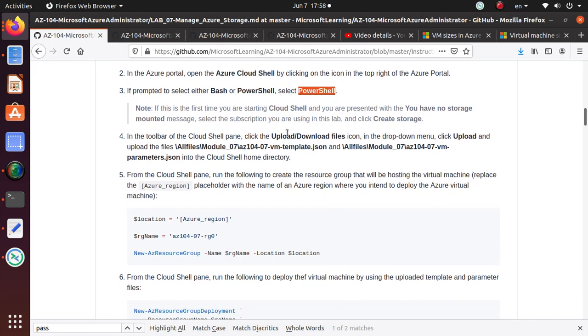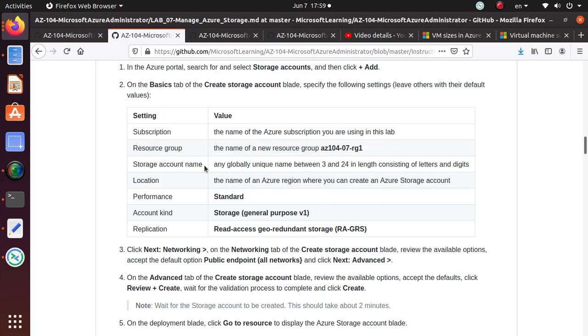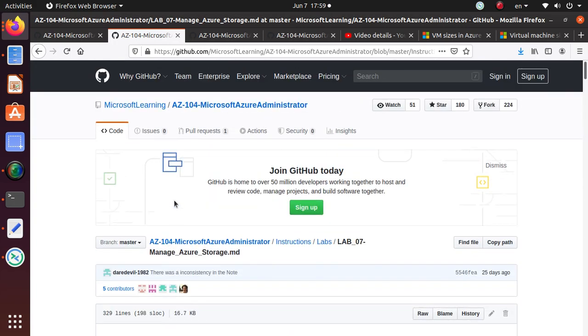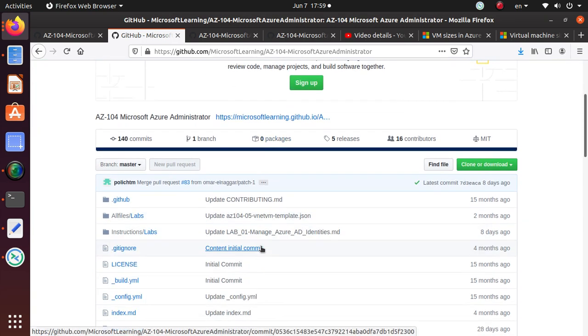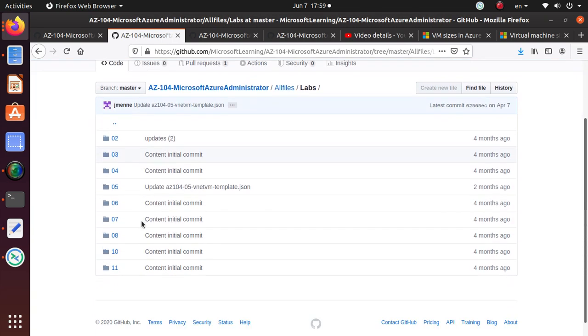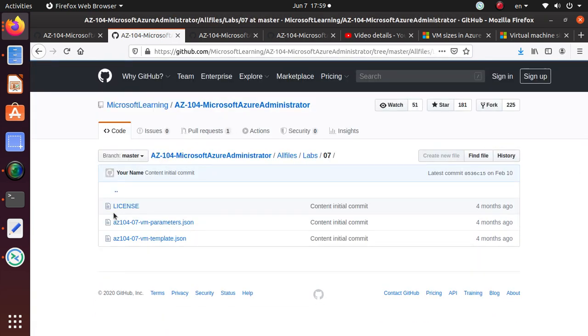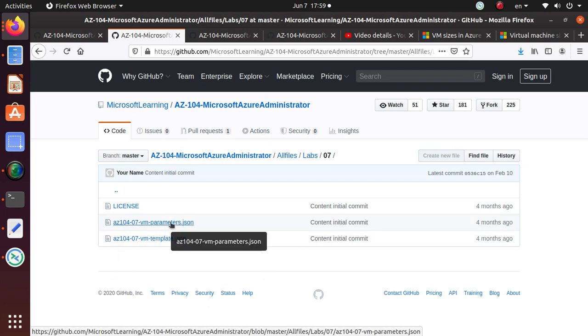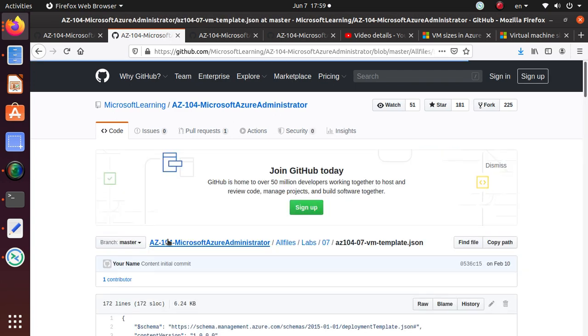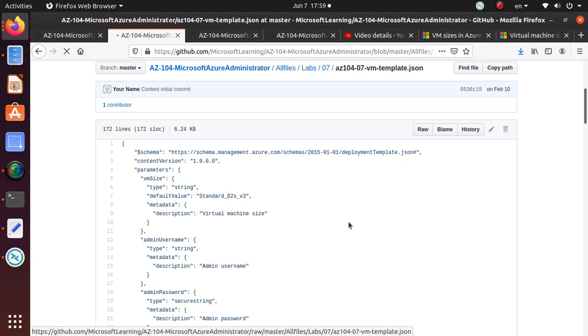From this, they're saying download a template file and a VM parameter file that we have to upload to our cloud environment. So let's go to the GitHub section, go back to the main folder. Under here I have a labs folder. This is Lab 7 that we're going to work on. The template file is right here, so raw.